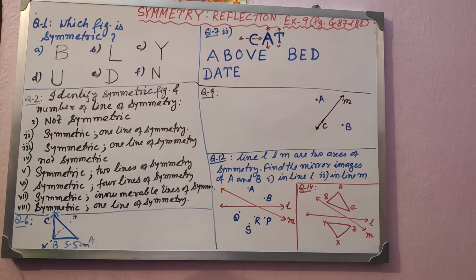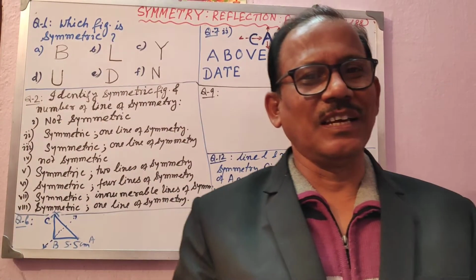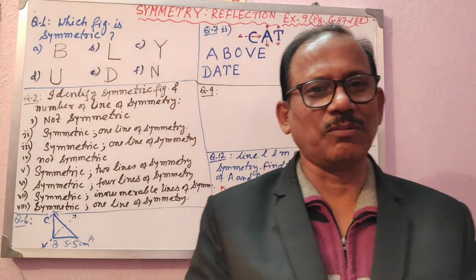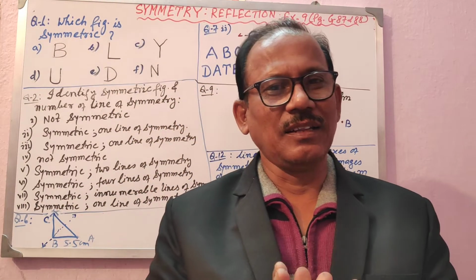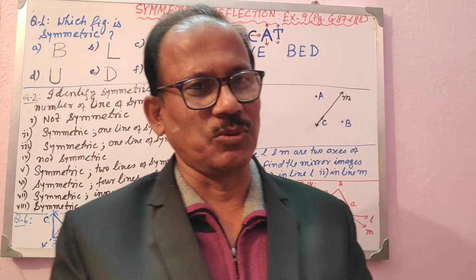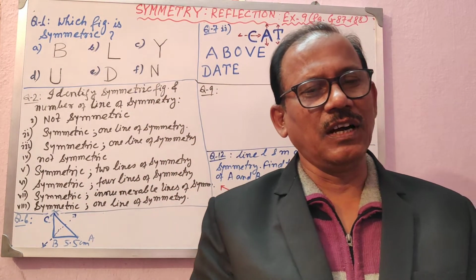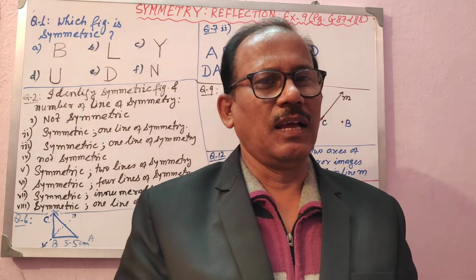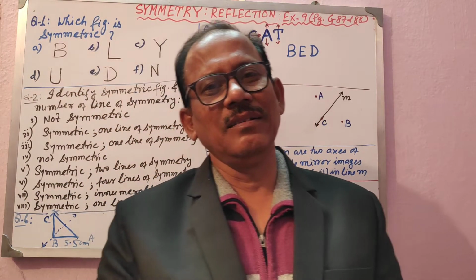Children, you have learned about symmetry and reflection through my previous video. Of course, rotation is covered there, but rotation you don't have to learn. That is not in your syllabus. But symmetry you understood. A body or figure will be called symmetric if you can draw a line through